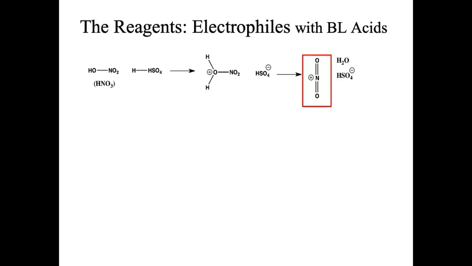Okay. But the end result is that we form our strong electrophile. So we're taking sulfuric acid and nitric acid, we put them together, we get NO2+. Okay, there's our electrophile. We could also do this with just sulfuric acid. I can take concentrated sulfuric acid and it can react with itself, forming a sulfur electrophile. What that will end up doing,